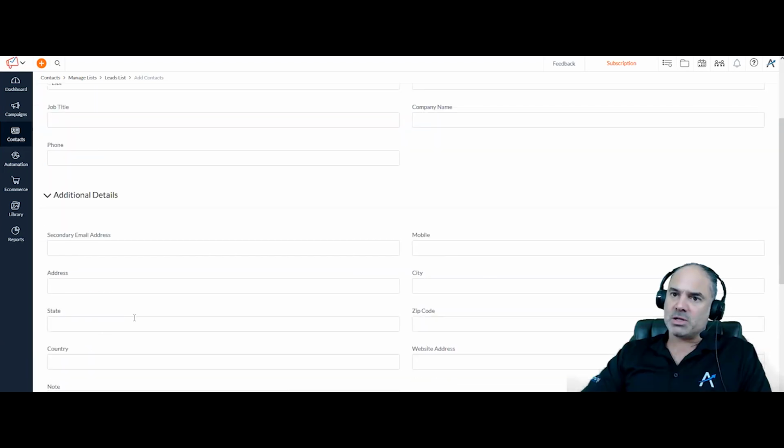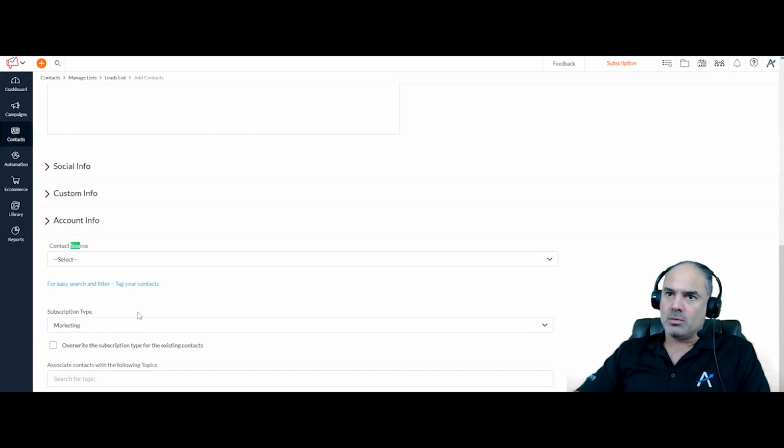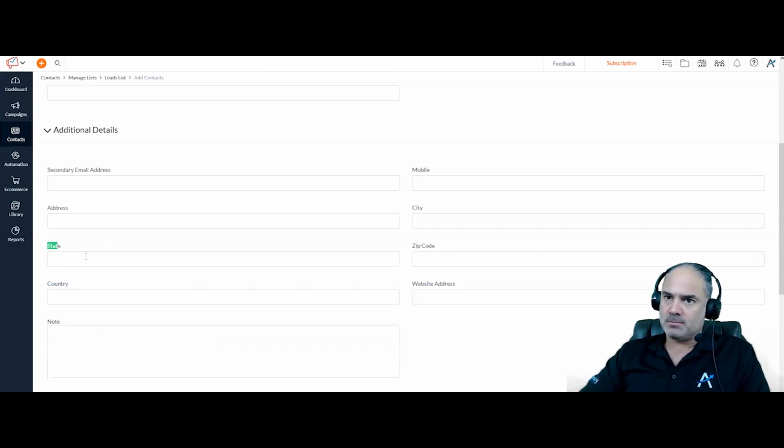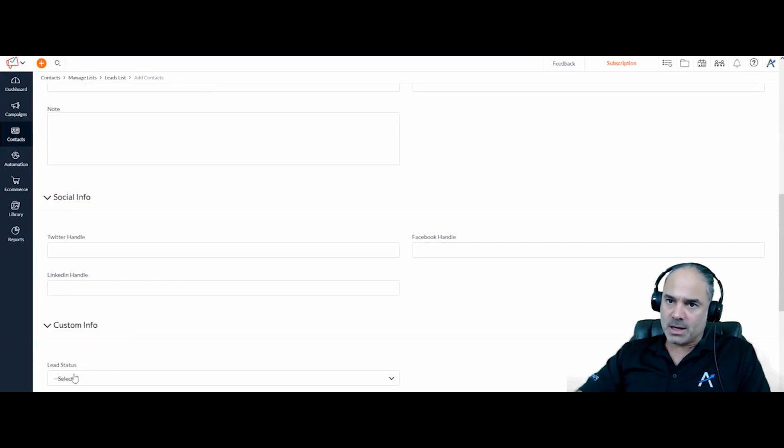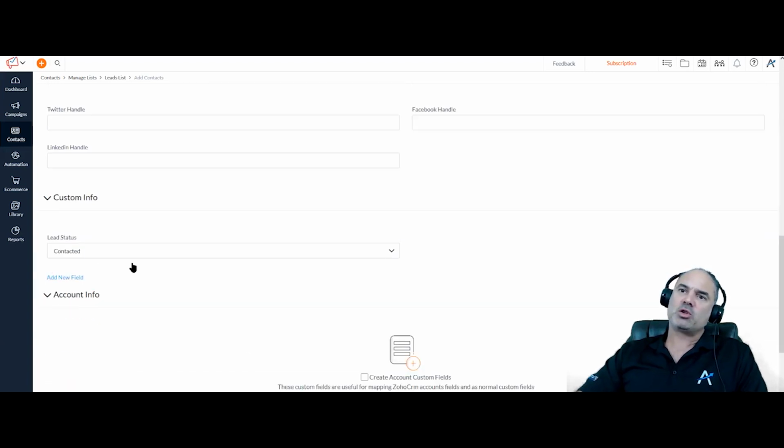Okay, and the additional information, one of them will be the status. Where is the custom? Yeah. Okay, so whenever in CRM the information changes, it will also change here in this system, in Zoho Campaigns. Until here we're good.